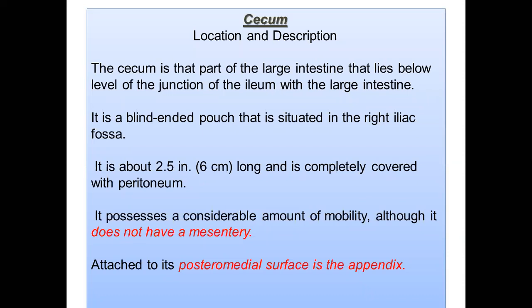Now the peritoneum covers the transverse colon, that is it has the transverse mesocolon, as well as the sigmoid colon, that is the sigmoidomesocolon. And the structures of the large intestine which are not covered by peritoneum include the ascending and the descending colon. And the cecum and the appendix may or may not have a peritoneal covering.